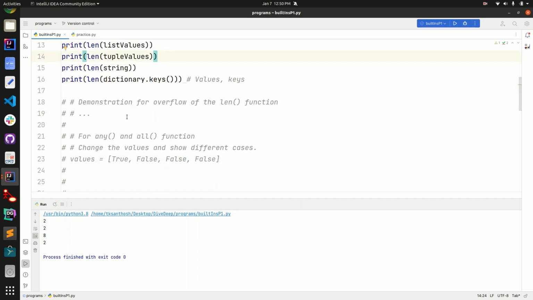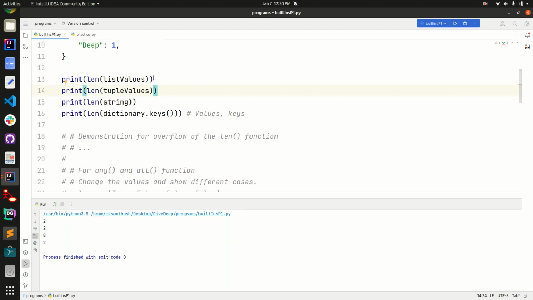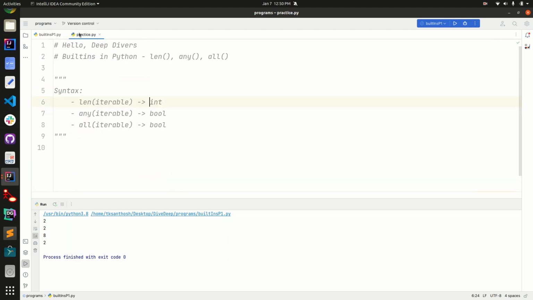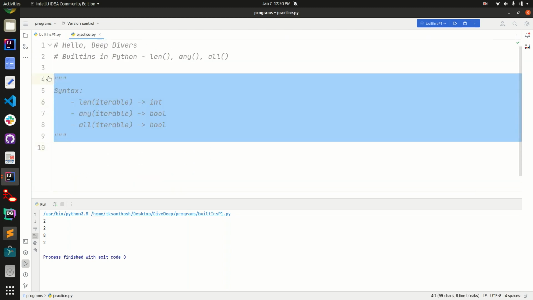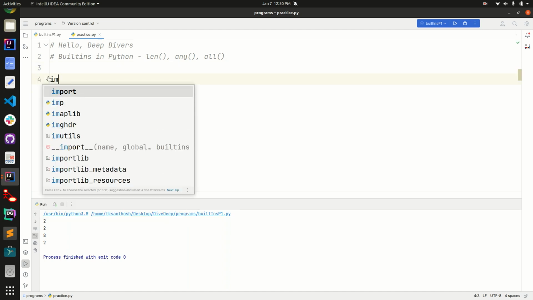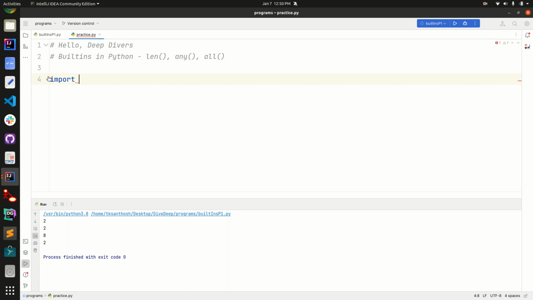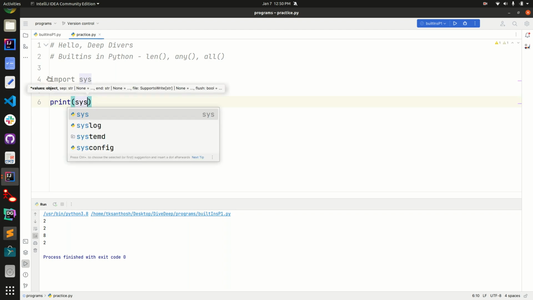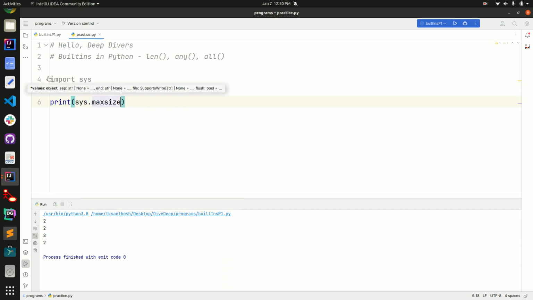Now I'm going to demonstrate the limits of the len function. Let's demonstrate in this file. The len function has some limitations. First, you have to import the sys module from Python and print sys.maxsize.